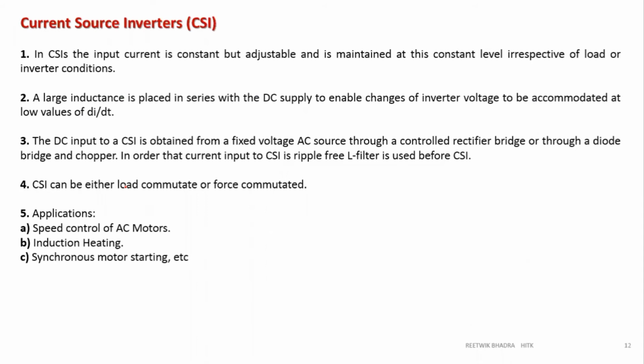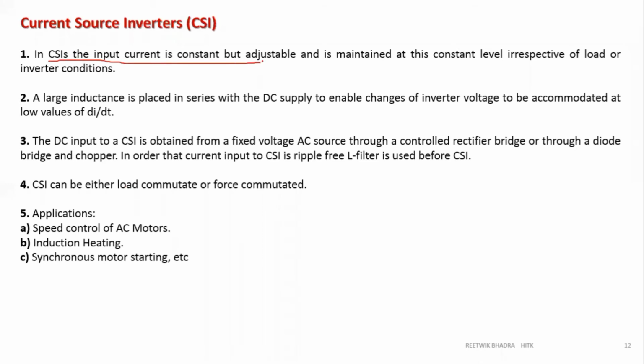See, in the voltage source inverter, my voltage input was fixed. My current level was changing. If you recall the first and second lecture, you will see your input current was changing, but our voltage level was fixed. That was either Vs by 2 for half bridge or Vs for full bridge inverter. But over here, current will be fixed. Okay. So my first point addresses that.